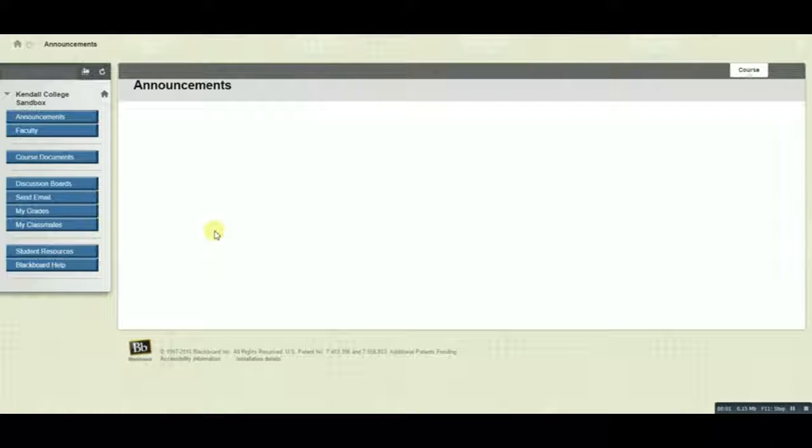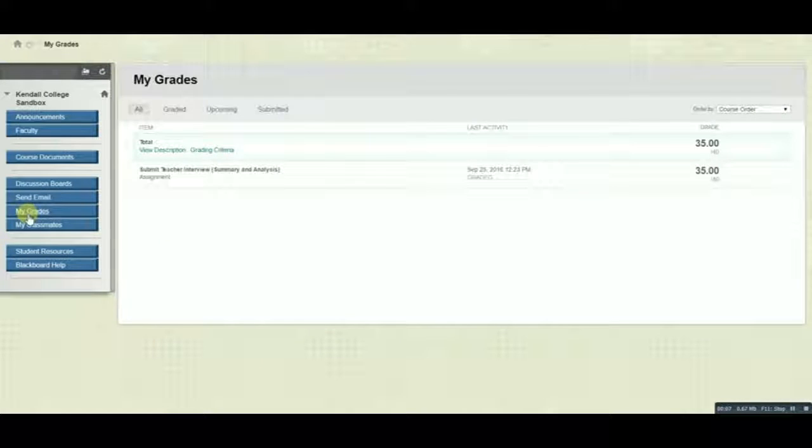A student can go and view their grades and feedback provided by the instructor for all their assignments by clicking on My Grades, and then looking for the specific assignment in the list. For the teacher interview assignment that was used as the example for SafeAssign, the student can see that they earned 35 out of 40 points. The student can then click the name of the assignment